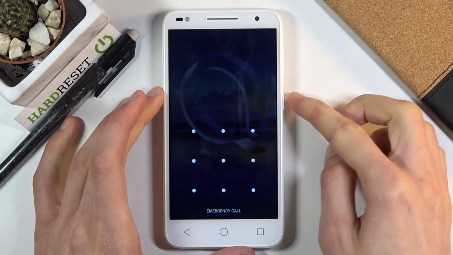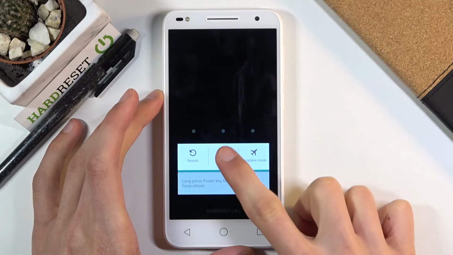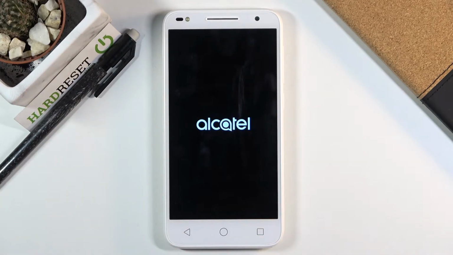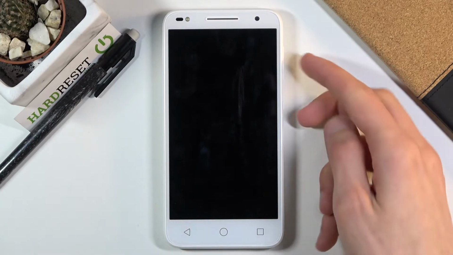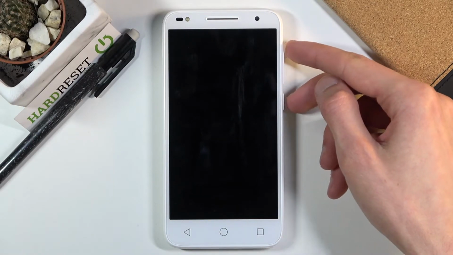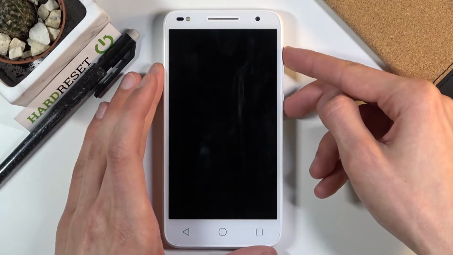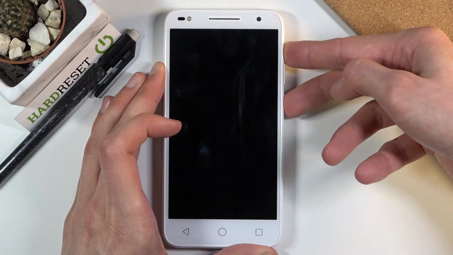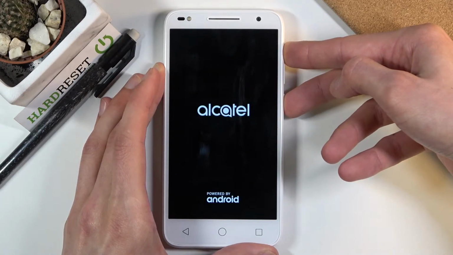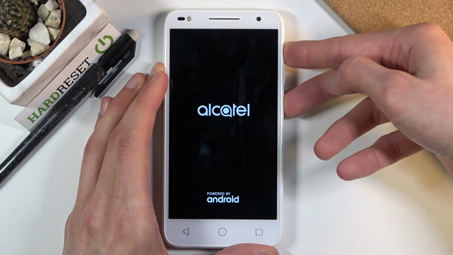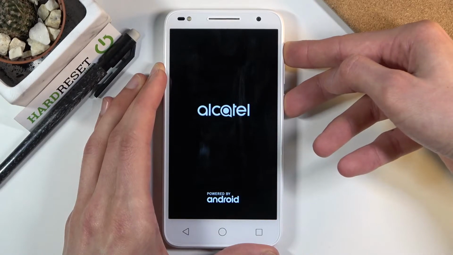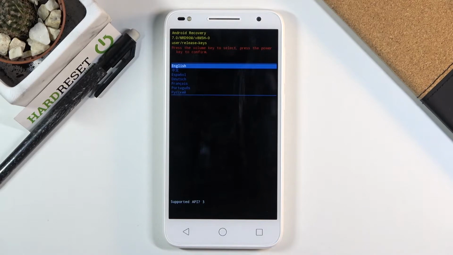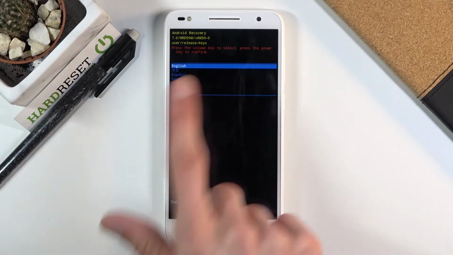And to get started, hold the power key, select power off, and wait for the device to shut off. And once it is off, you want to hold the power key and volume up, both of the keys at the same time. So let's do that right now. And there we go. So from here, you want to select language, so I'm going to stick with English, but